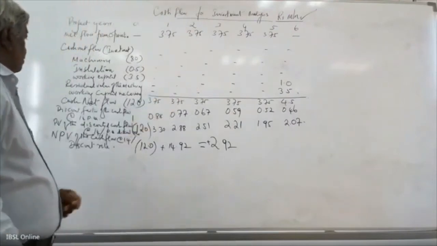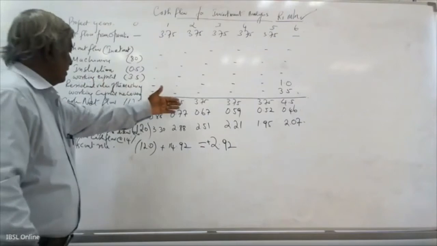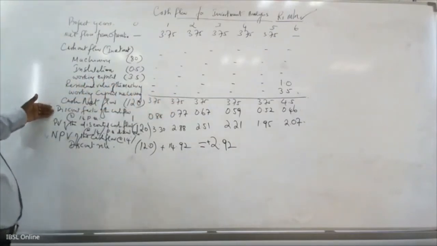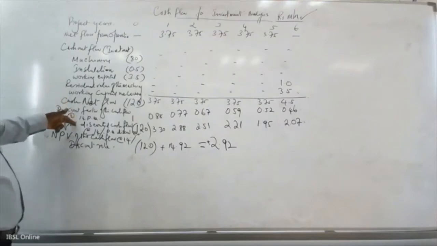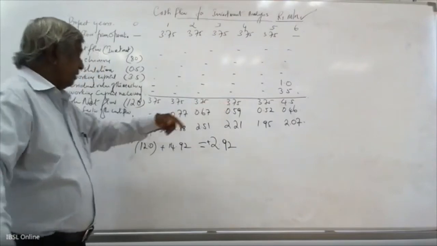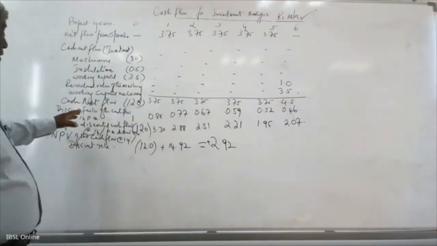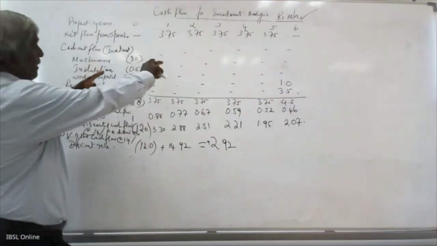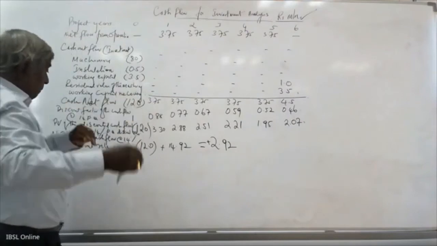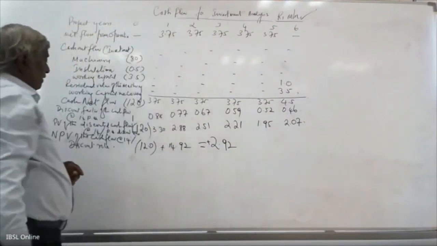Right. So now, see the steps. Cash net flow, we have mentioned. Then what you have to do, you have to calculate the discount factor of the cash flow at 14% per annum. By using the calculator, we have calculated the discount factor. Then now all these future values, you must bring to the present value by multiplying the respective future values by the discount factor.